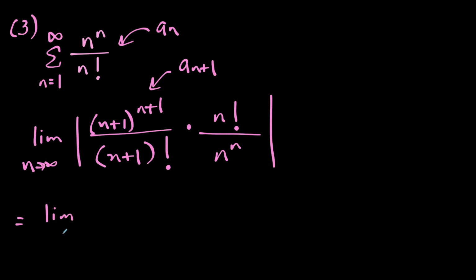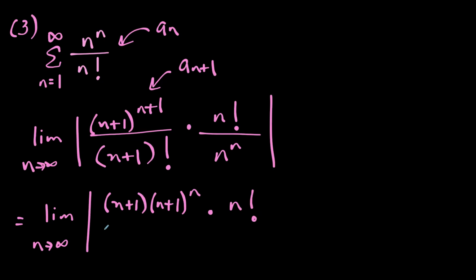So what we're going to do to simplify this is that we have to break off some factors here. So this is the same thing as, we could say, n plus 1 times n plus 1 to the n power. So we're just taking away one of the n plus 1s so that we could create matching exponents with what we have on bottom. And now we have times n factorial over,